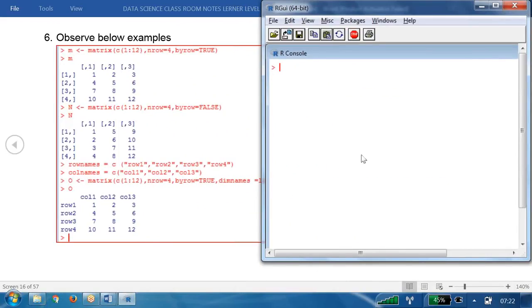Please try to do it. Row names is equal to, our assignment operator. Anything is okay. C of